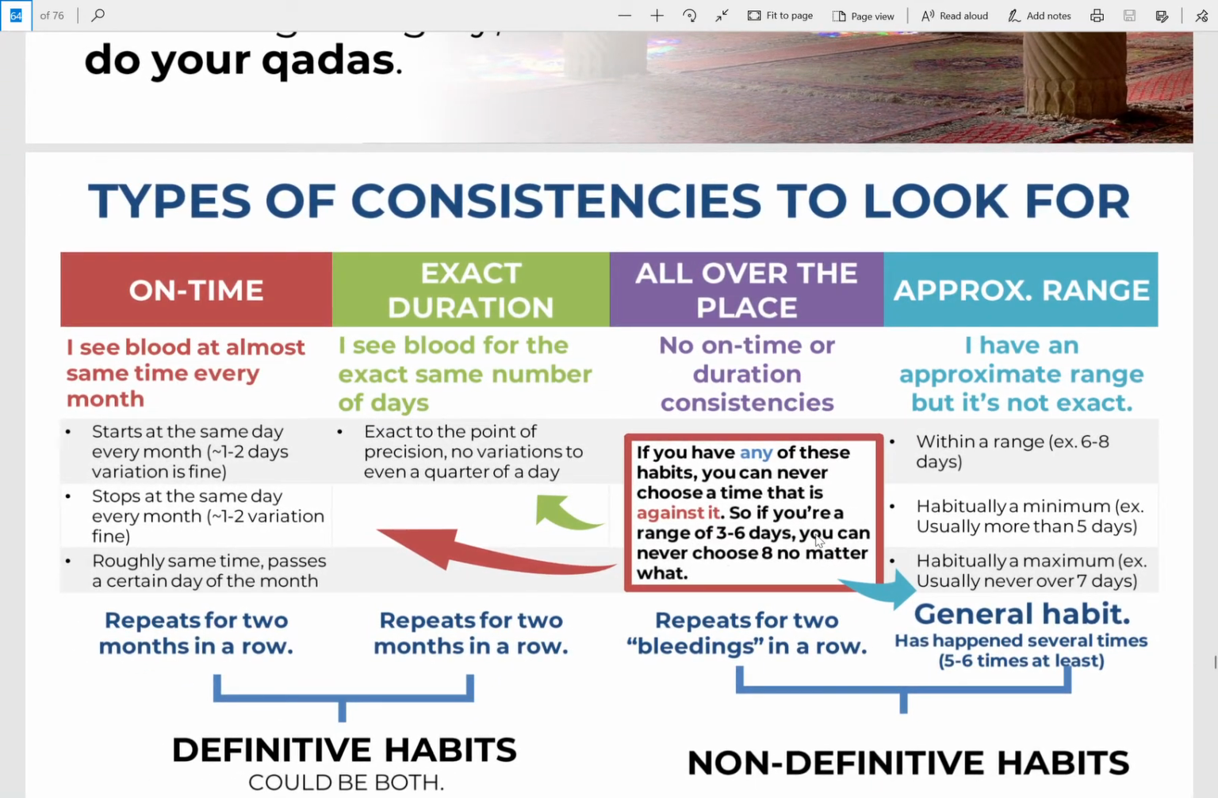So we're looking at these consistencies and we're looking at these groups. Now, if you have one of these types of consistencies that matches one of these, whether that's an on time, that's an exact duration, or that's an approximate range. All over the place isn't really something you can do this to, because it's all over the place. So if you have any of these consistencies, okay, according to these considerations,